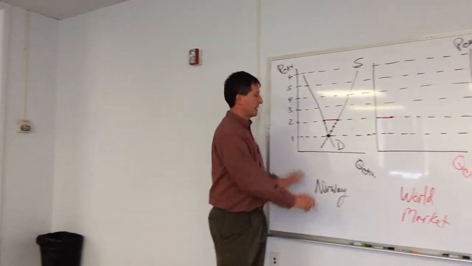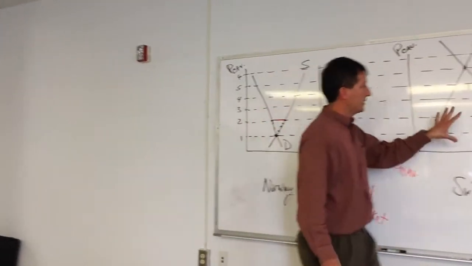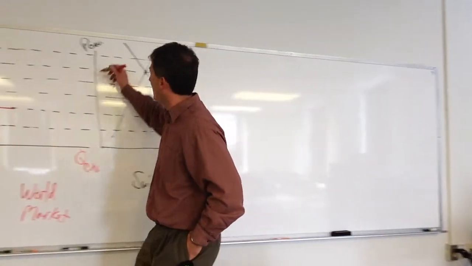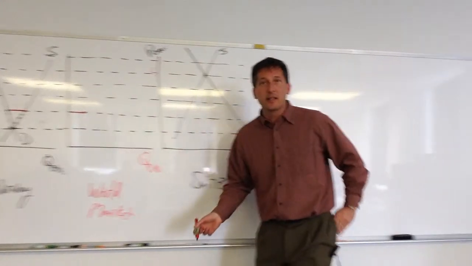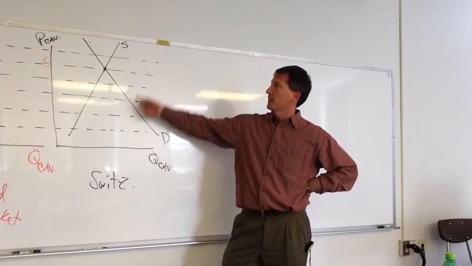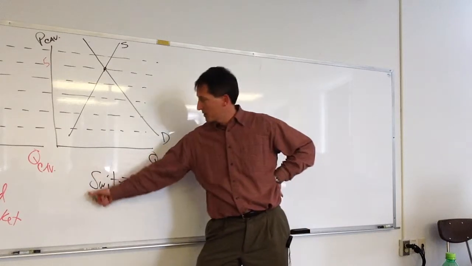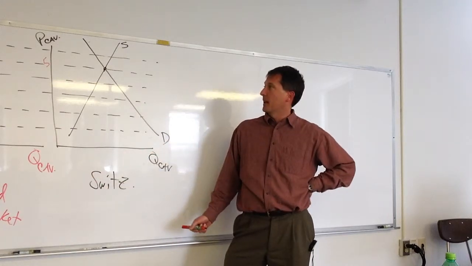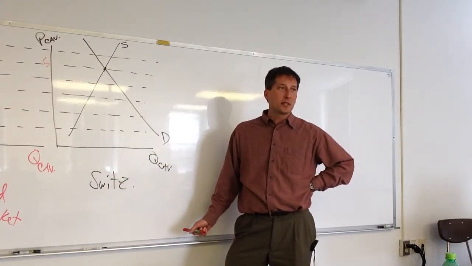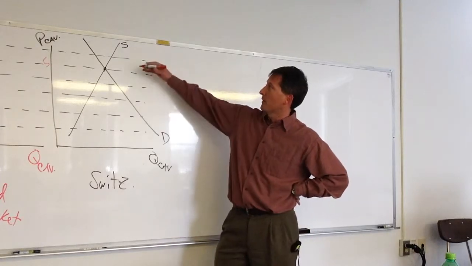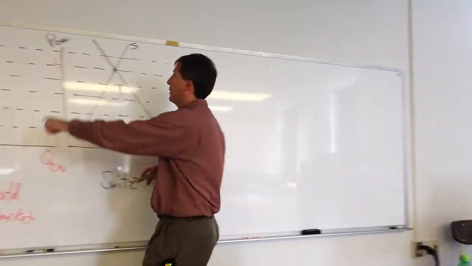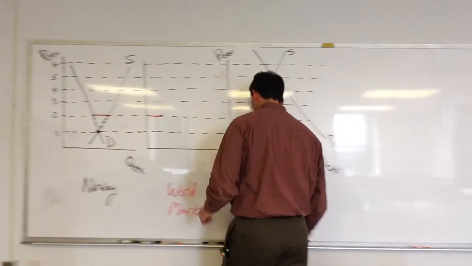Okay, so that's the concept with our exporting country. The Swiss over here are the high-cost country. They're normally paying $5 for caviar. They're more than happy to pay less if they can find it elsewhere. Again, they like their Switzerland producers, but they don't mind buying caviar from the rest of the world. And so if the price of caviar is $4, then